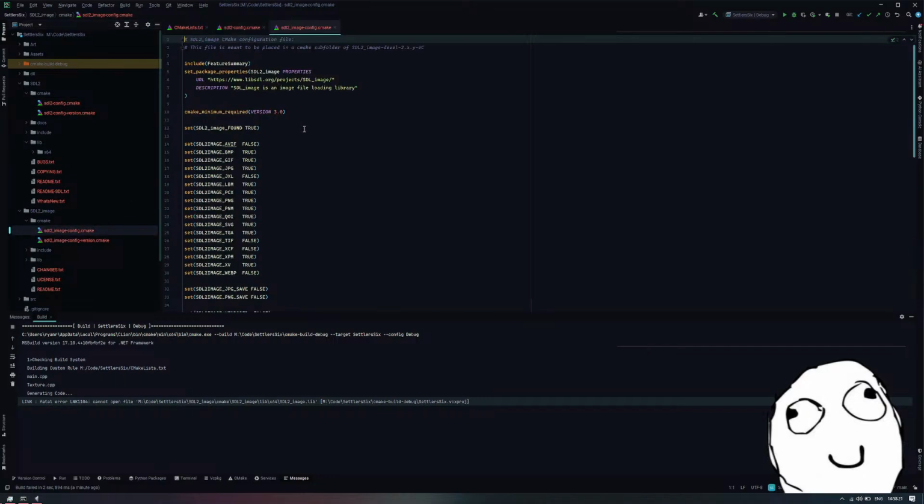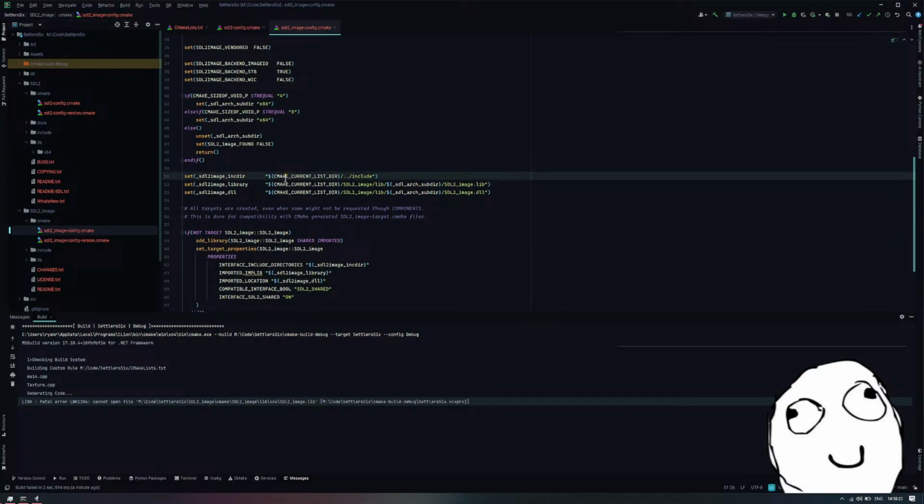Let's go to the image one. What is CMake current list directory? Is that going to be this CMake directory, I'm assuming? I guess, yeah. Include. Okay, that one's correct, I think, because it goes up a level. SDL2_image/. Wait, it shouldn't go more. There's no more. So this is wrong, right? This should be like